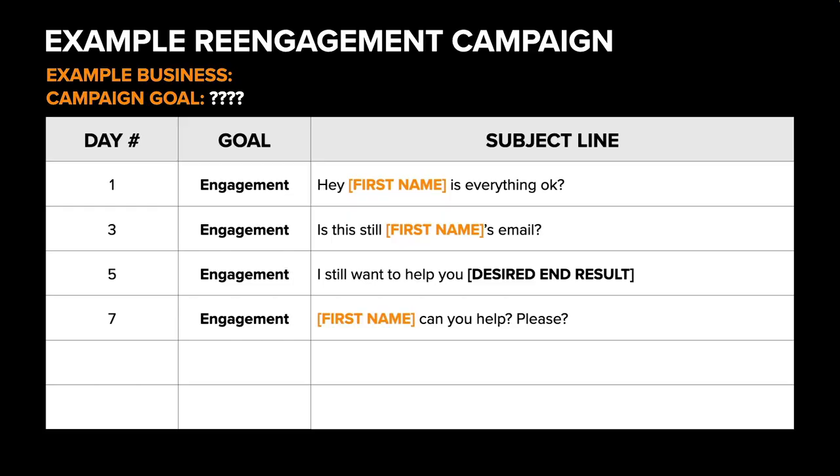And then 2 days later, right? Again, we're waiting 2 days. First name, can you help, please? Right? This is something that the content of this would kind of be like, you haven't been opening the emails. I want to make sure that I'm still following through on my end of the commitment and that you're still seeing value. Are you still interested in this? Could you take this survey and tell me what I could do to make these emails more valuable for you? Right? It's a way that we can now work together to change the content. It's a way that they can feel like they're vested in part of this content creation process, and they could and should be. Right? So these are all ways to send emails that are different triggers to re-engage those unengaged subscribers on your list.